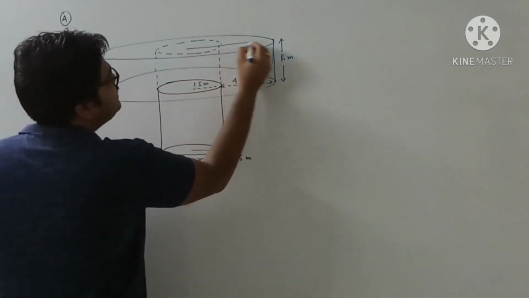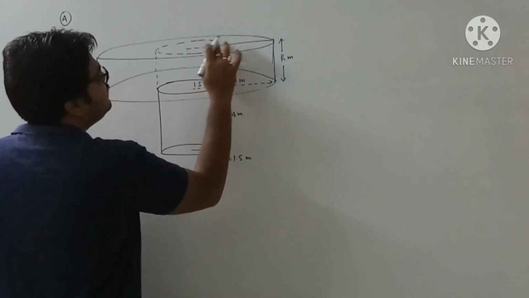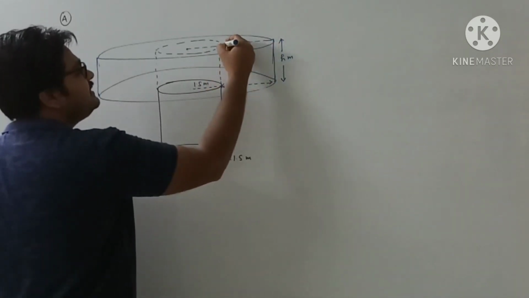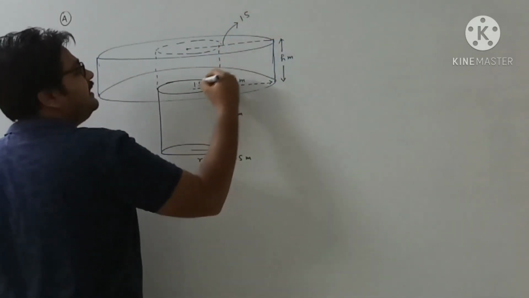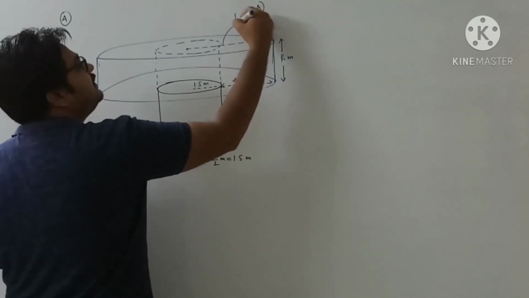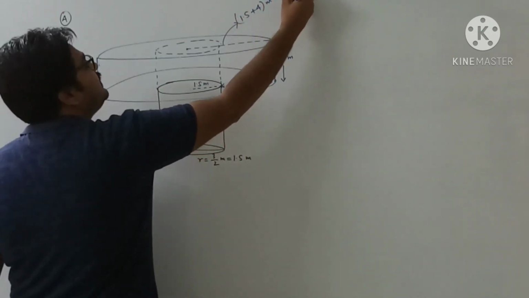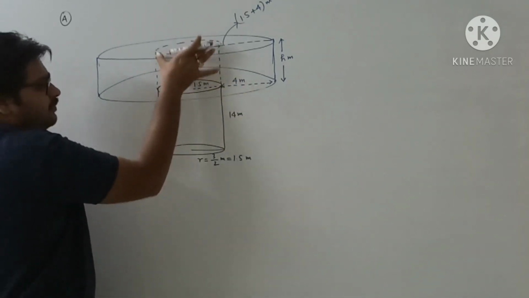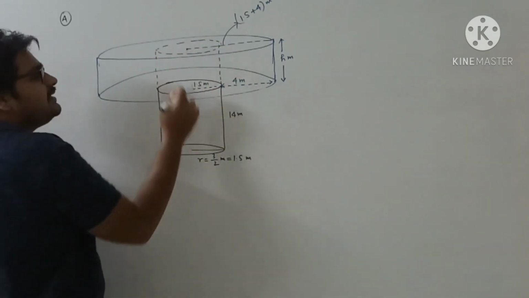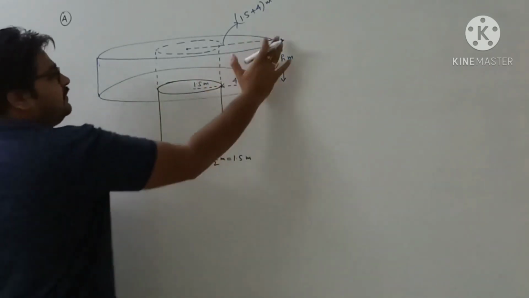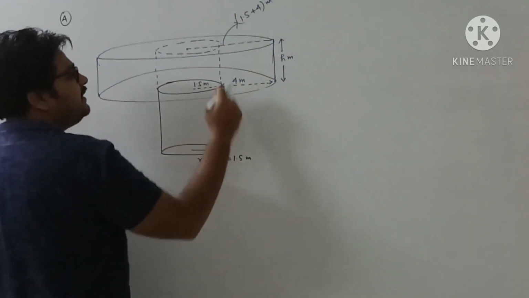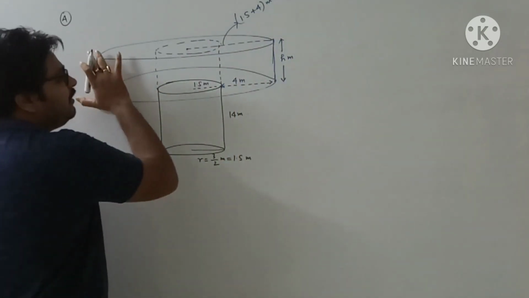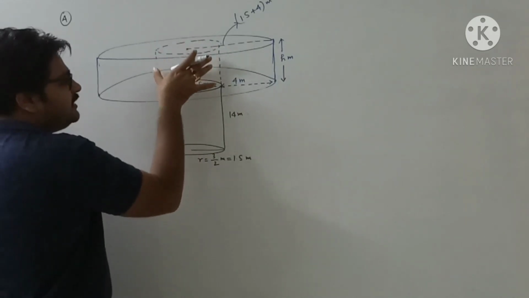So what is the radius of the bigger cylinder? Think, how much is coming? For this bigger cylinder, the radius is 1.5 plus 4 meter, so it's 5.5 meter. The inner smaller hollow cylinder radius is 1.5 meter, and the bigger cylinder radius is 5.5 meter, and both of them have the height 8 meter. So now we can find the volume of the bigger cylinder minus the volume of the smaller cylinder